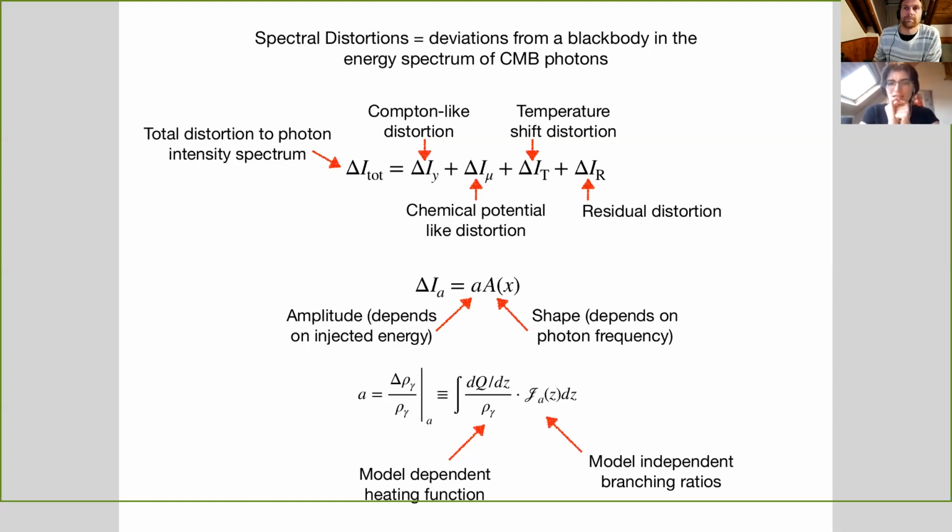Cool. But the heating function here, this model-dependent heating function, this is really the key issue here, because if you know the heating function of your model, you can calculate spectral distortions. Of course, that is the simplified takeaway statement of a year's work into a code. And the biggest question is how you go from injected energy to heating function, because it's not necessarily a one-to-one correlation. Okay. But there are ways that you can translate the heating function, the energy injected, based on whether it's injected, deposited energy, how it influences the CMB photons. You can extract this heating function.